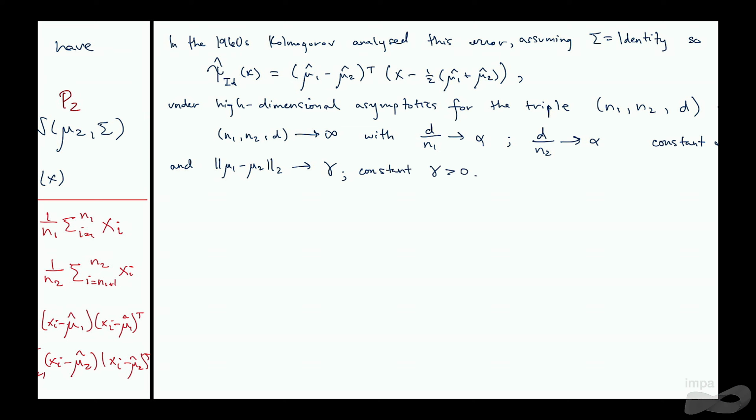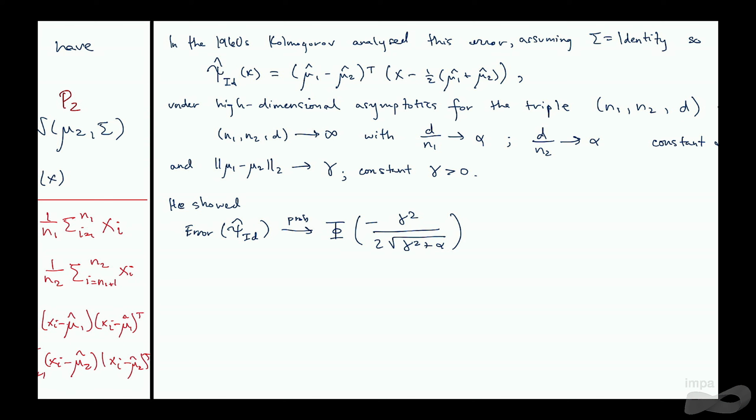Okay, so these are the high dimensional asymptotics he looked at, right? And what he showed is the following: that the error of this test statistic using the identity matrix, or under the assumption of identity covariance, converges in probability to, this is the Gaussian CDF again, gamma squared over 2 square root gamma squared plus alpha. Right, and okay, he showed something a little bit more general, right? He allowed an alpha 1 and an alpha 2 and analyzed the asymptotics, but